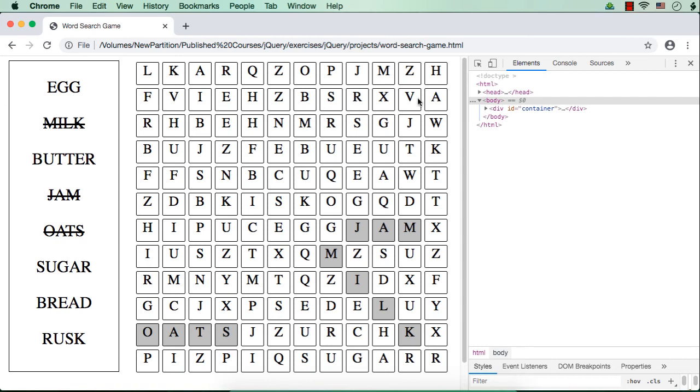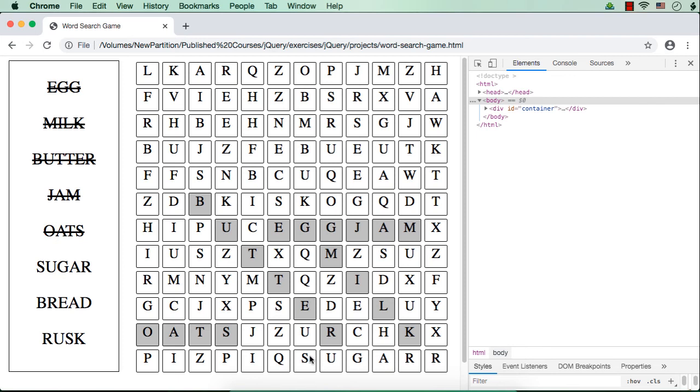Then something else. Now we need to find EGG, right? Let me try to find that word. E is here. Okay, yes, EGG, yes. Then butter. Let me try to find the word butter. B, yes, BUTTER.